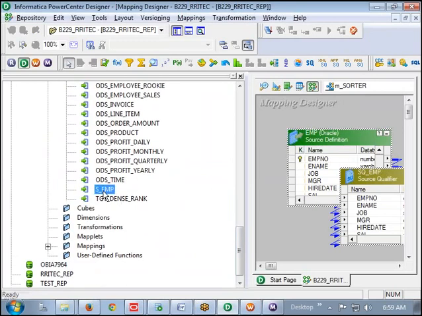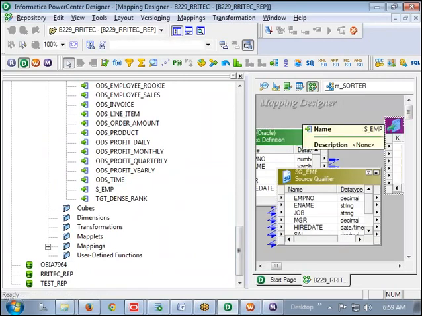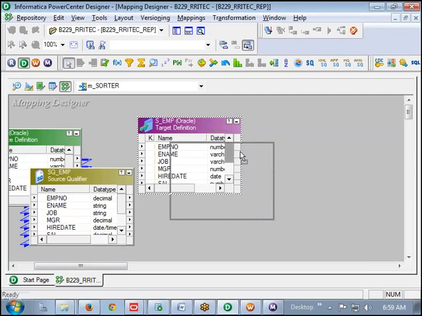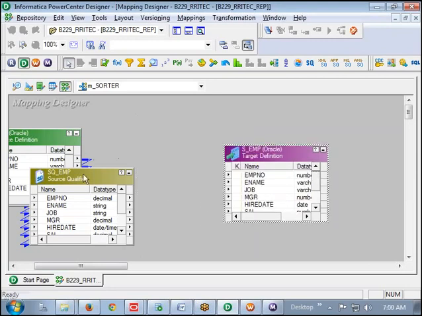Then S_EMP. Close the navigator window. That's fine. Now try to introduce your sorter transformation.